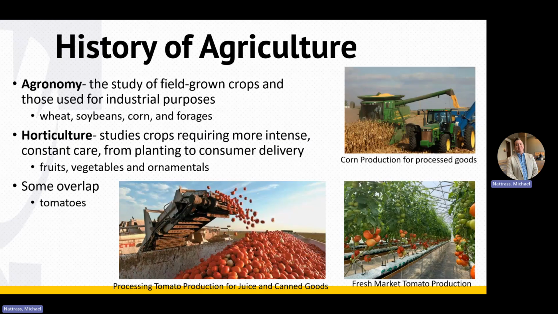However, in horticulture, you really need to make sure that your crops are getting watered and that you're checking them every day. So you're going to go into the greenhouse because you're growing them in a very small micro environment. And we'll get some overlap. Something like tomatoes, we can grow tomatoes in the field. And we can also grow them in the greenhouse. So agronomy and horticulture, similar, but also different in the intensity and the care and the attention that I need